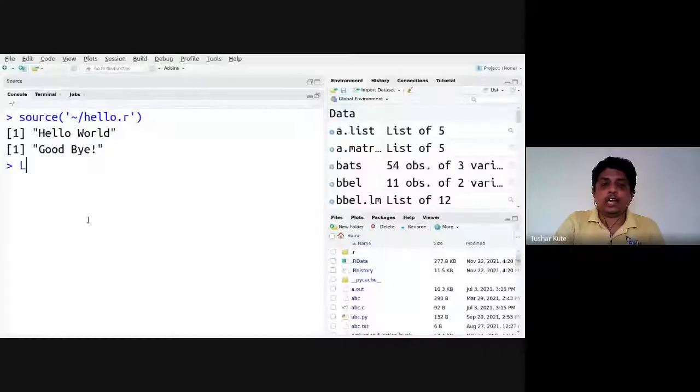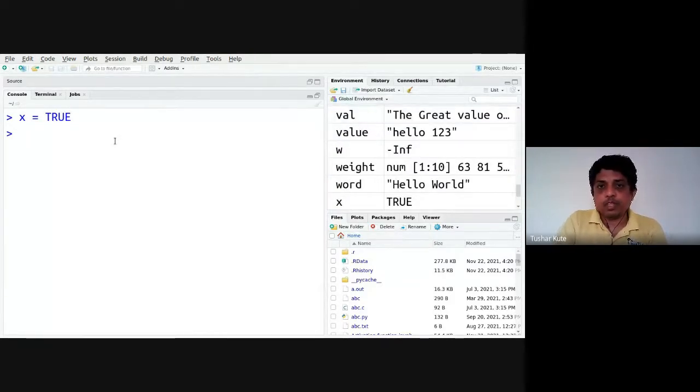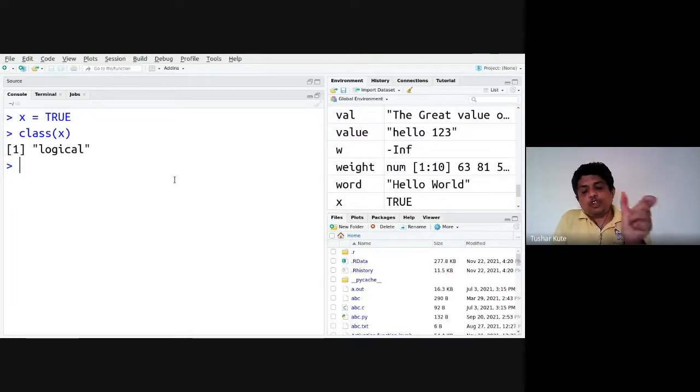Data types in general which are used, let us see that. We'll go with the console itself. For example, if I'm storing data, x is equal to TRUE, all in capital, make sure. And if I want to see the data type of this x, I can use the class function. So it's logical, FALSE and TRUE, the Boolean values we call in general. These values can be stored in a variable, and that variable is a logical kind of variable. You can see the class of x. That's the first kind of value that we can store.